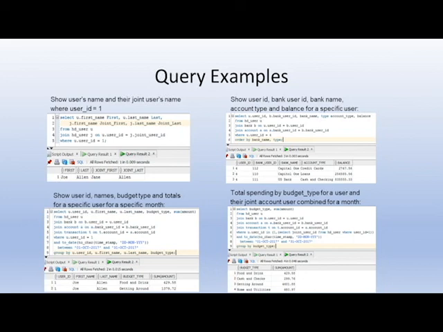Then the last select query on the bottom right-hand side, we're pulling the total spending by budget type for a user and their joint account user combined for a month. So this one we're actually combining a primary user and a joint account user, which would be another common feature of the app. We're joining again the HD user table, bank table, account, and transaction,